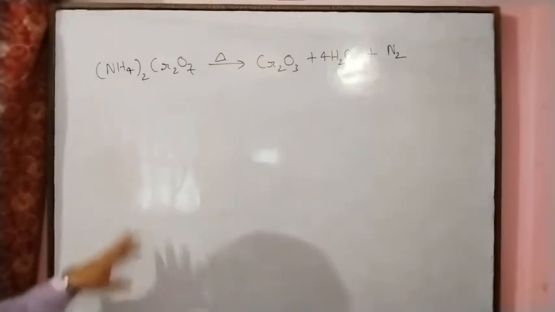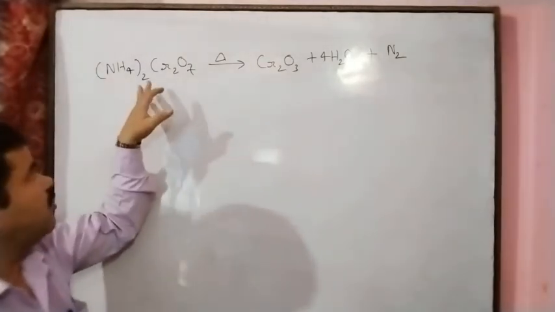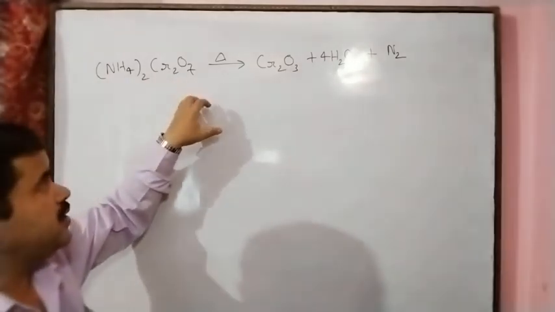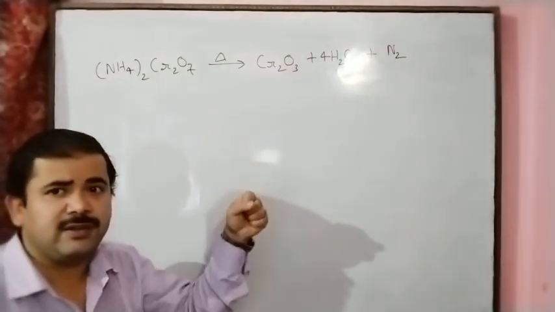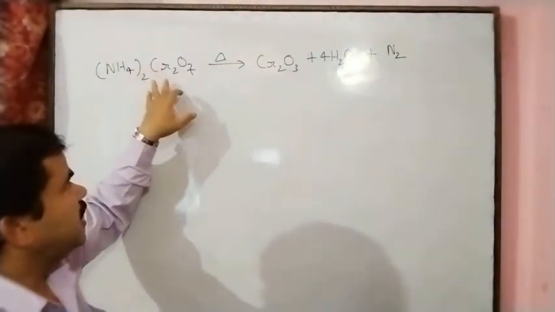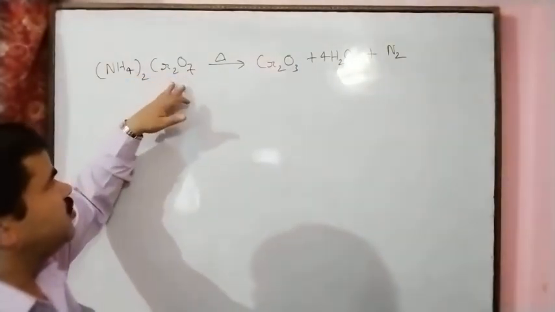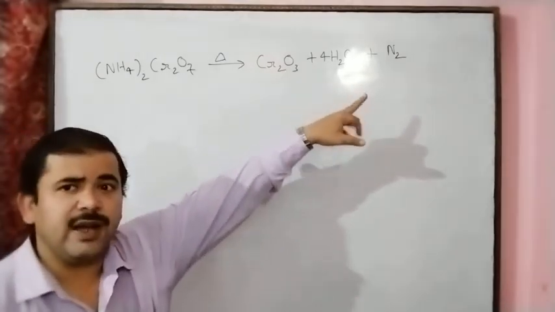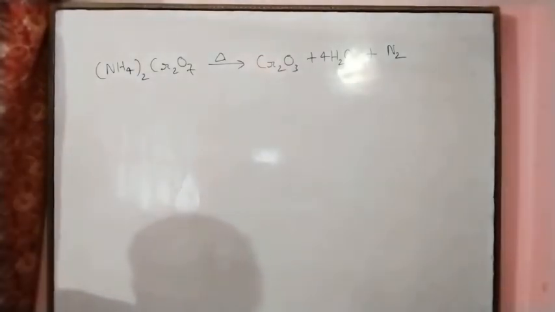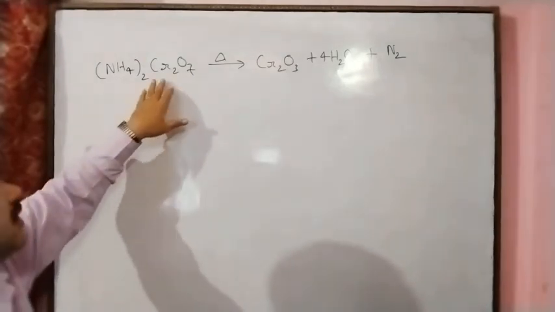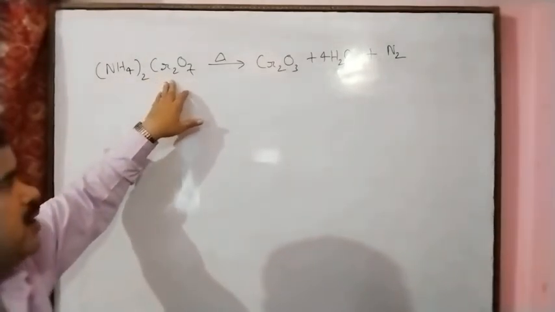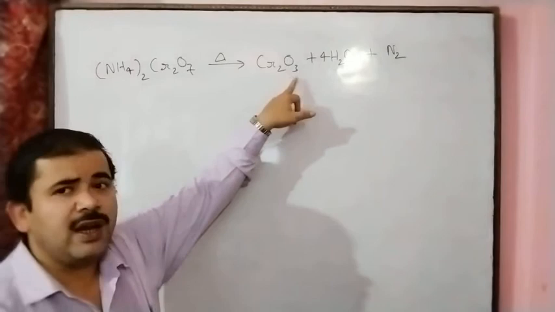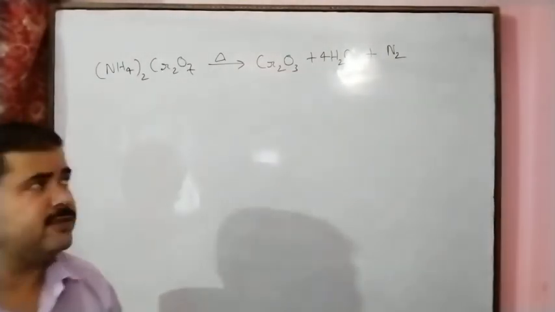And if we give the heat energy, ammonium dichromate, the orange colored substance, decomposes violently with the passage of light, and after the decomposition we will get the products here: chromic oxide, a greenish colored residue, water and nitrogen gas. So in this chemical reaction we can see one compound, ammonium dichromate, decomposes into three simpler substances: chromic oxide, water and nitrogen gas.